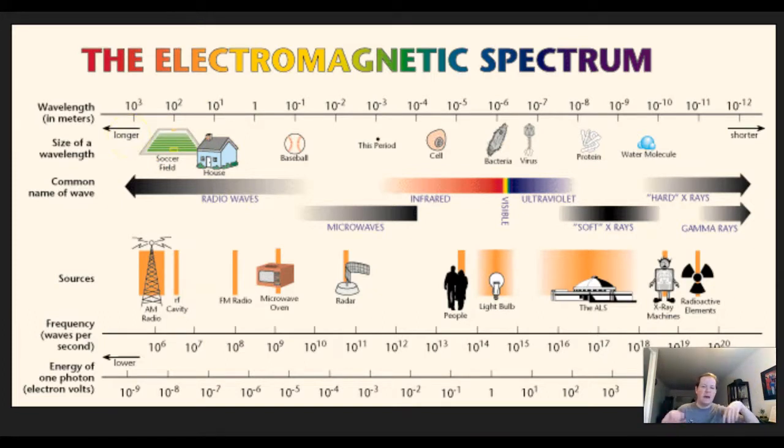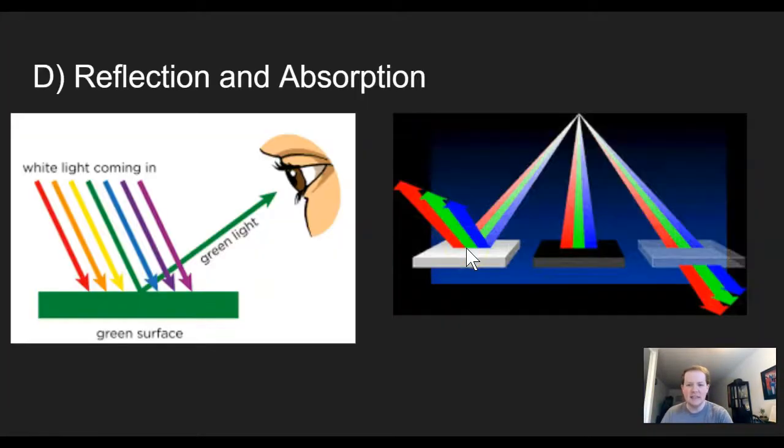And there's radio waves passing through you all the time. Wi-Fi and 4G LTE, that's using radio waves. Microwaves are a little smaller. Infrared's a little smaller still. Gamma rays, which we've learned about, are some of the smallest and some of the highest energy. So over here we have small waves, high energy. Over here we have big waves, low energy. And visible light is just the tiny little fraction that our eyes are sensitive to. But there are all these other types that exist.